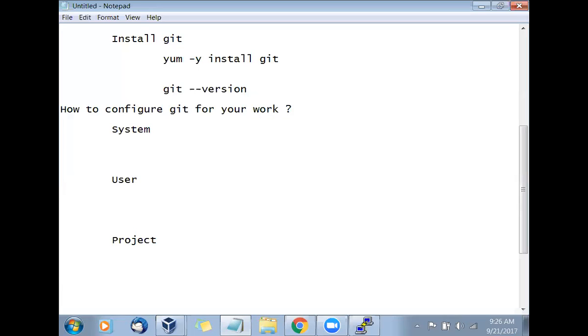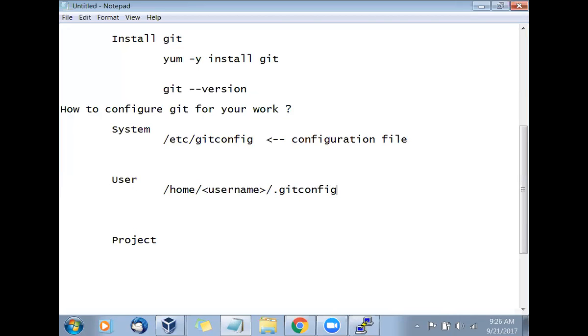Now the system level configuration is stored in one file which is called git config. So this is the file for the system level. There is a file which is called /home/username/.gitconfig. This is the configuration file, but at user level.